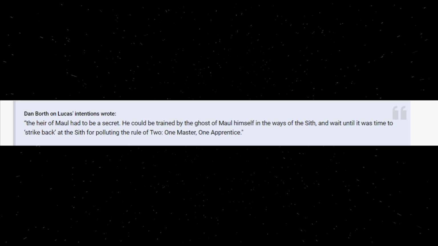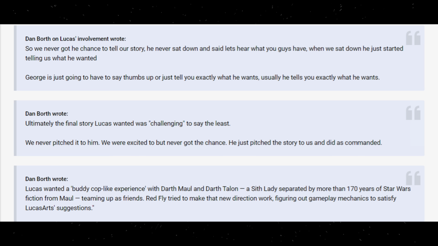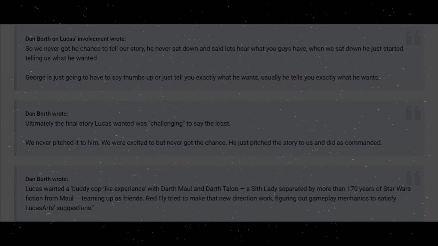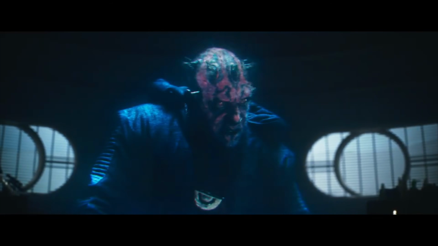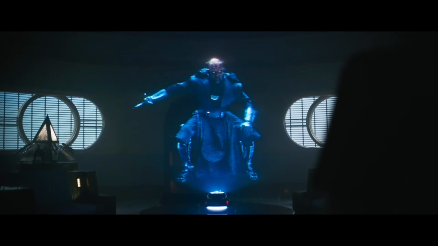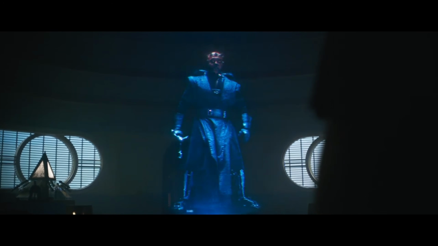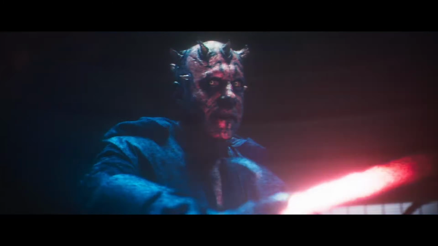guided by the ghost of Darth Maul, which is kind of weird, right? Because Lucas is against Force Ghosts for Sith, so I don't know why he's put that in there. What's interesting there is the fact that the Ghost is guiding this heir of Maul, and the fact that he's the heir of Maul, which makes me think, and this is just a theory, but probably a likely one, judging by what's going on there, is that Maul is actually going to possess this body.